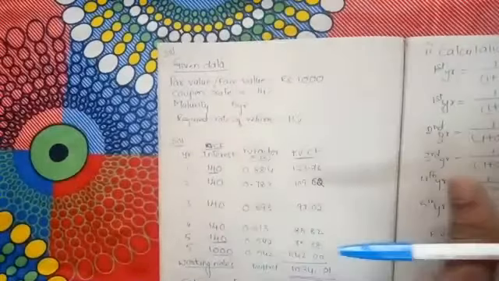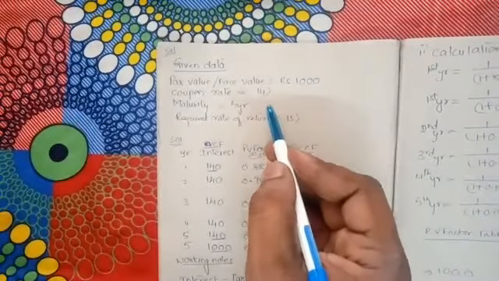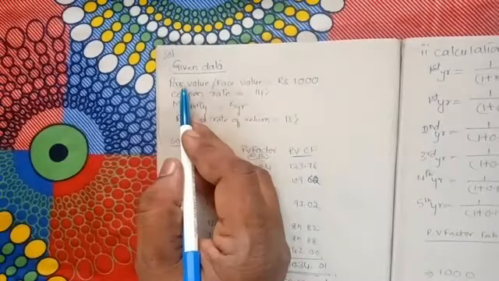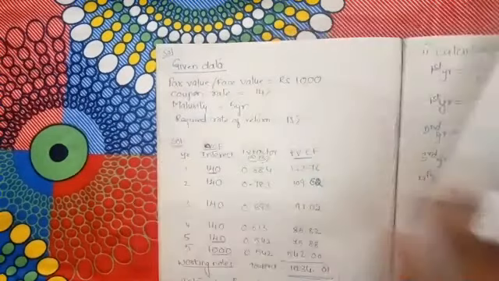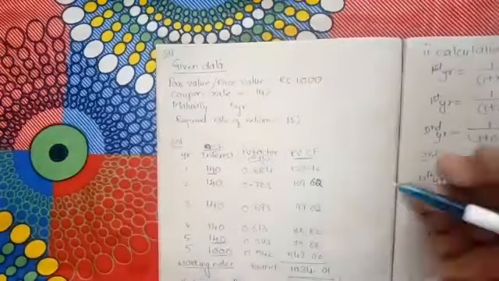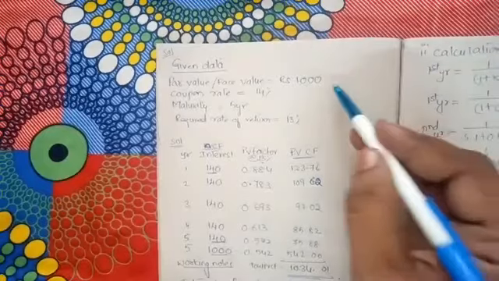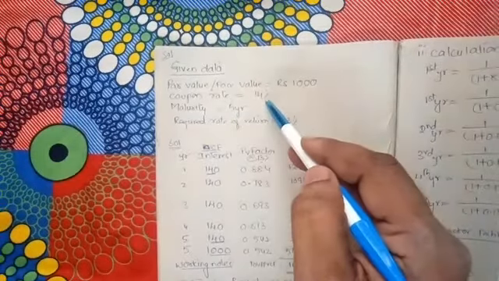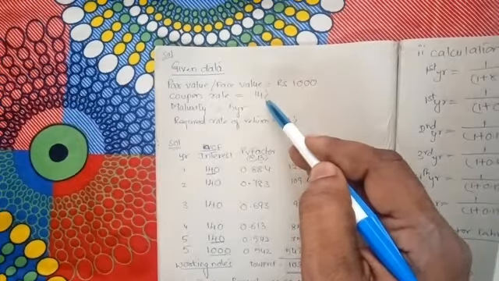Can we have a small brief here? We got a problem. He asked us to find out the value of the bond. So we have summarized the data. Given data: the par value, face value, is rupees 1000. Means today, if you want to purchase that bond, we need to pay 1000 rupees. Okay. And what is the coupon rate? It is 14%. They are going to pay 14% interest.